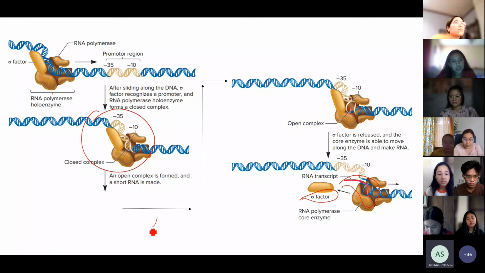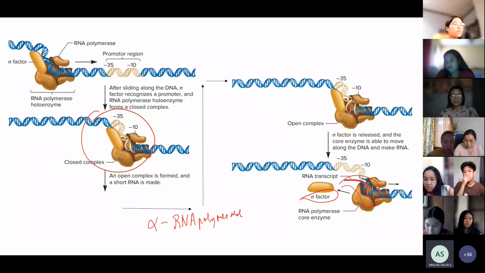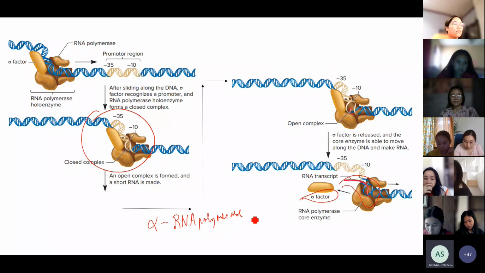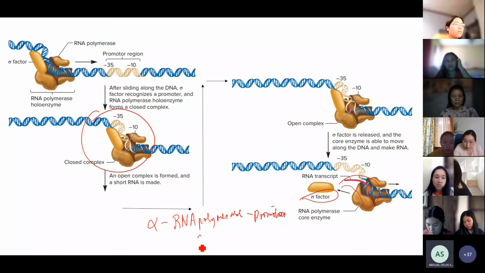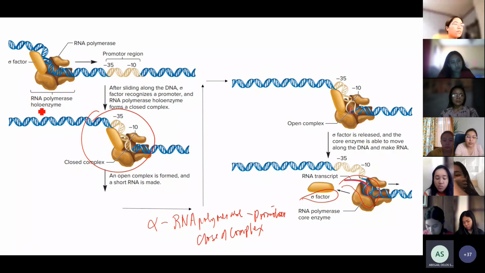So just remember, when RNA polymerase and sigma factor, which we call the holoenzyme, reach the promoter region, which is the -35 to -10 sequence,